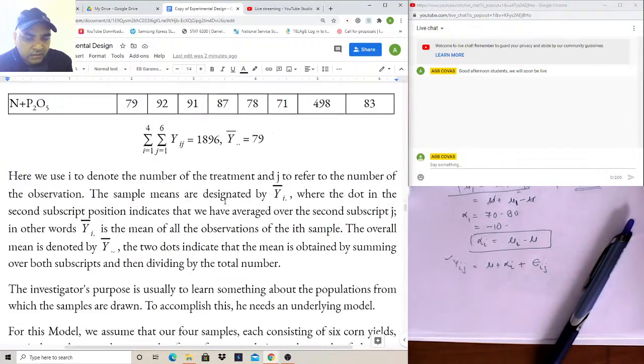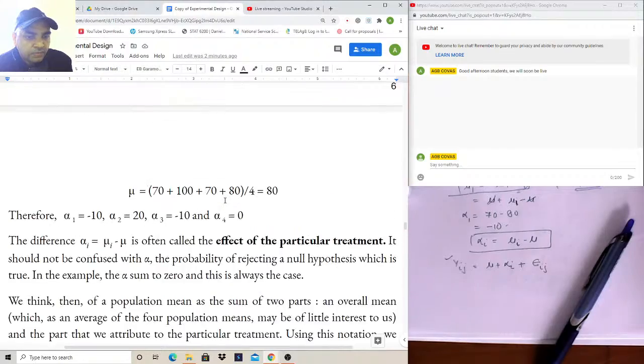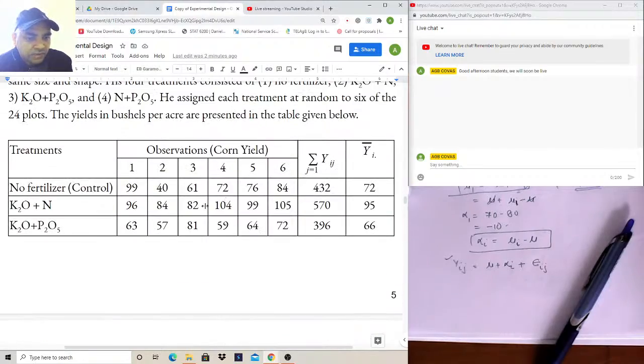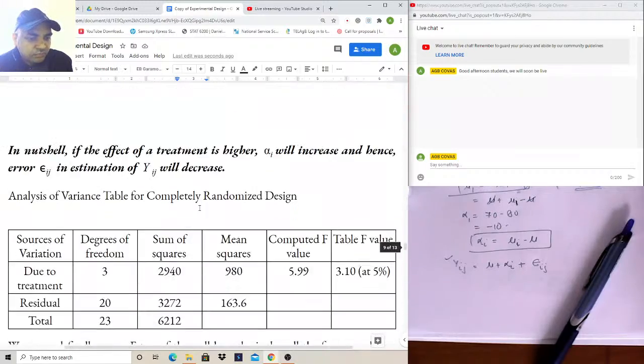Third, Y23 is equal to 82. This one, sorry, this second treatment, third observation. Okay, Y23, third column. This is 82. So this 82 can be written as